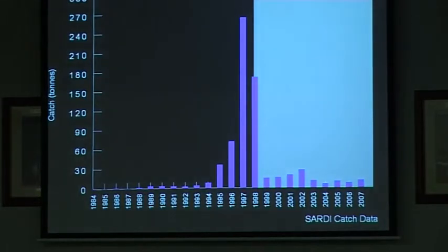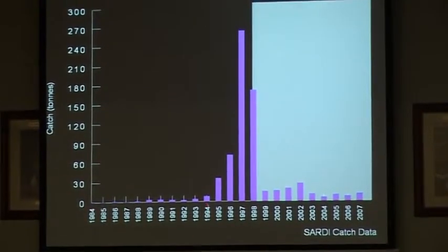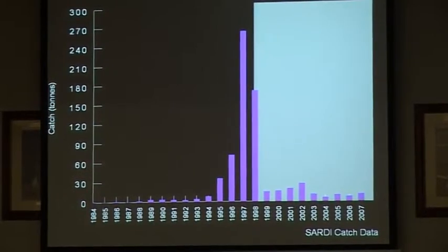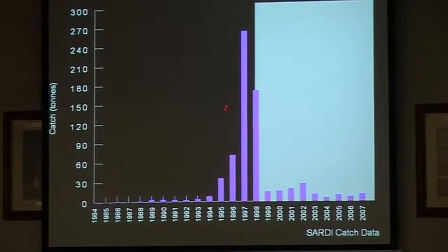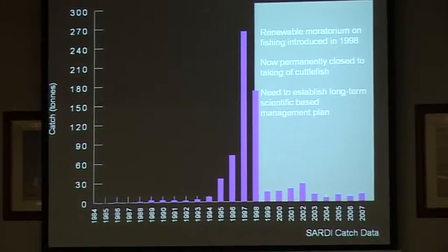So for around 25 years, cuttlefish were fished at relatively low levels, and this graph here just shows the catch for the state waters over time, and they were fished at low levels primarily as bait for the snapper fishery, and in the mid-1990s we all decided they were pretty good eating, and we started eating things like calamari, and so at that point in time the breeding aggregation was hammered somewhat from the commercial fisheries,